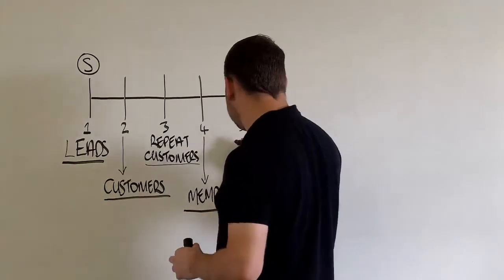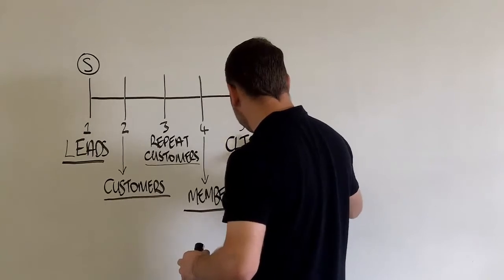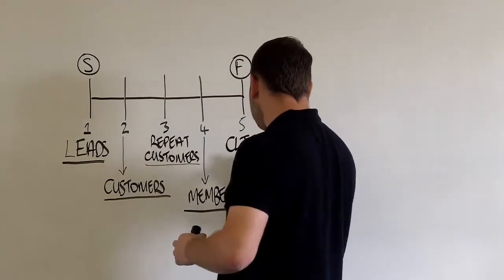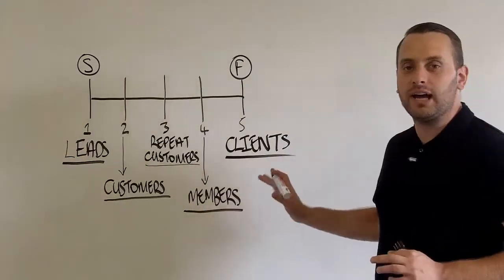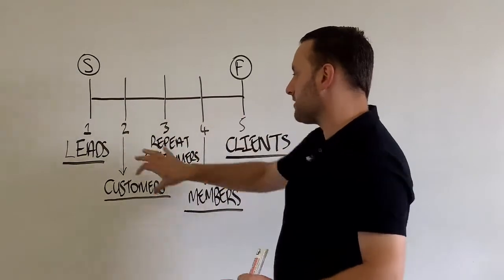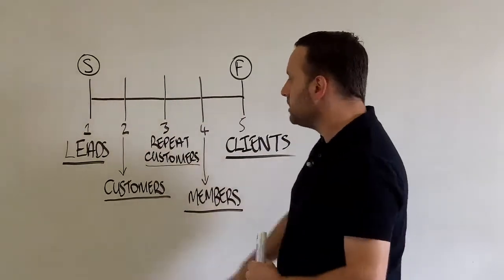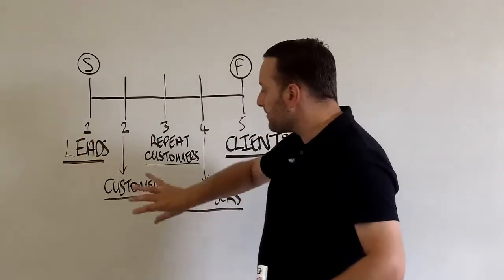And fifth and finally, and this is actually where the bulk of your money will be made, is in the final destination, if you can see that here now, which is clients. Okay, so let's just take a look at this now, and then I'll teach you what the 5 components are that make this happen. So we're going to bring in leads, okay, so we've got leads, then we've got customers,